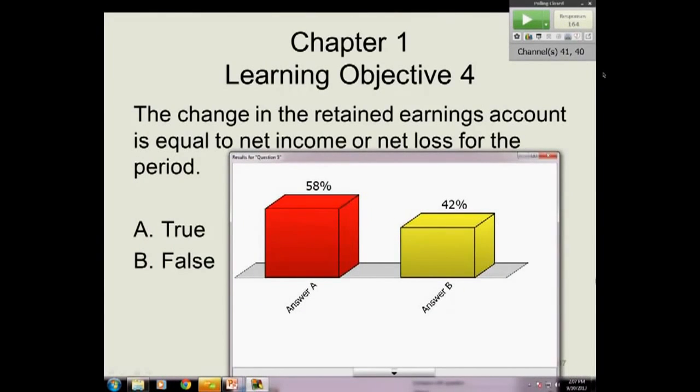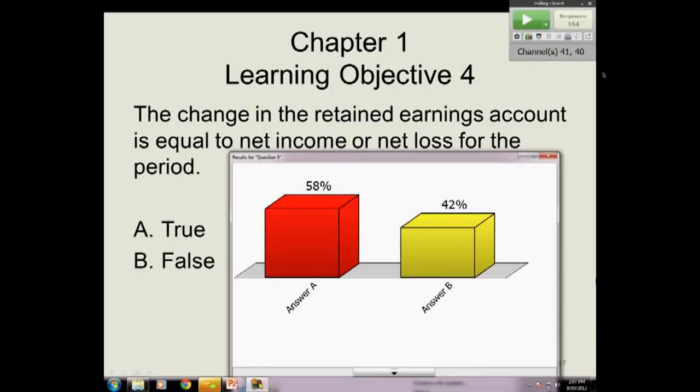All right. So let's look at the question again. The change in retained earnings is equal to net income or net loss. I didn't say a change, I said the change. And the answer is false. And here's why. There you go. The change in retained earnings is net income or net loss for the period minus dividends. Forgot the dividends. So the